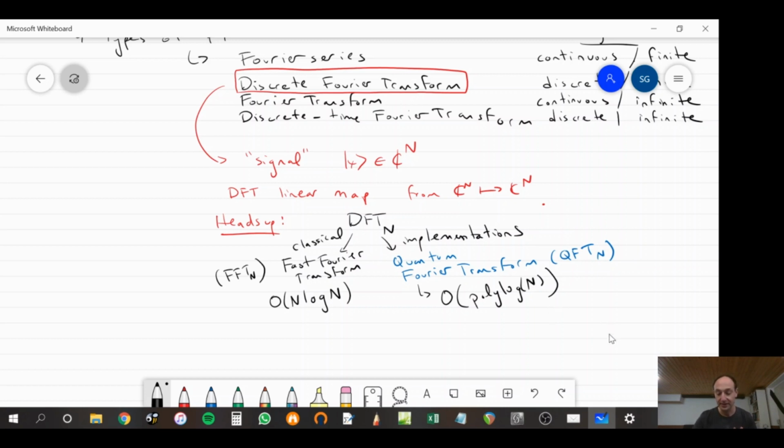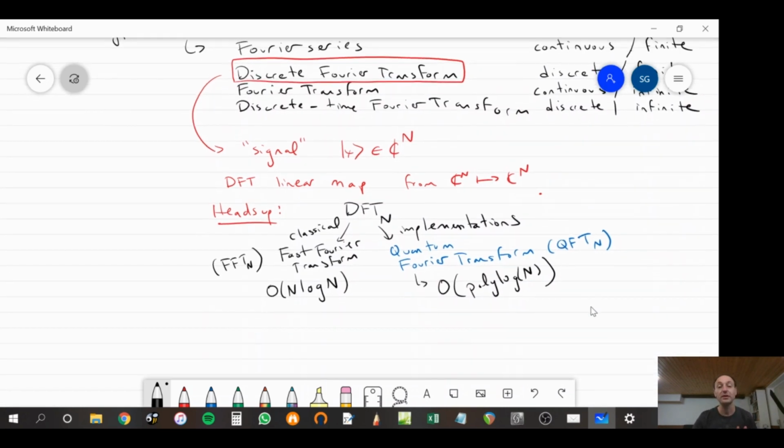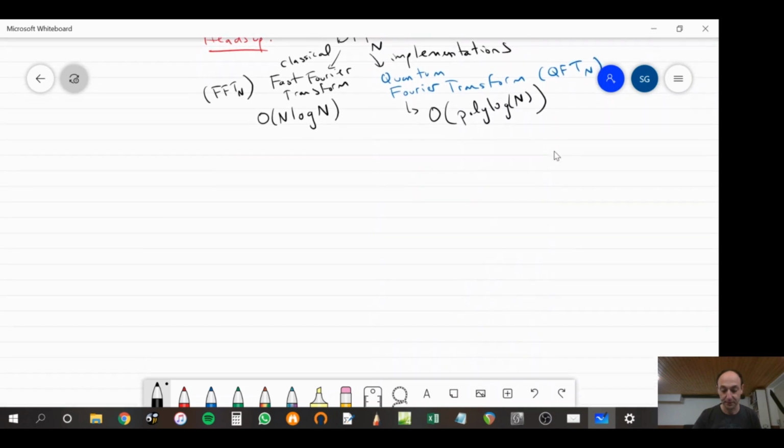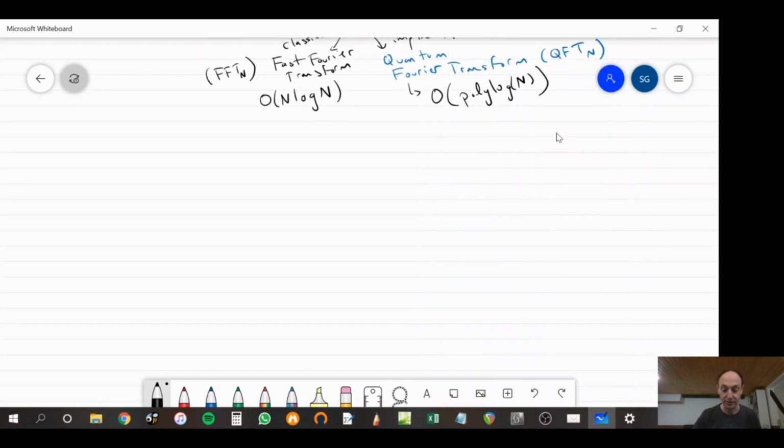Okay, but just as a heads up, DFT is the map we're focusing on. And then you could talk about implementations of that map either classically via the FFT or quantumly via the QFT. So we're going to focus on the QFT. I'm not really going to show you the FFT itself, although that is very interesting in its own right, of course. But because